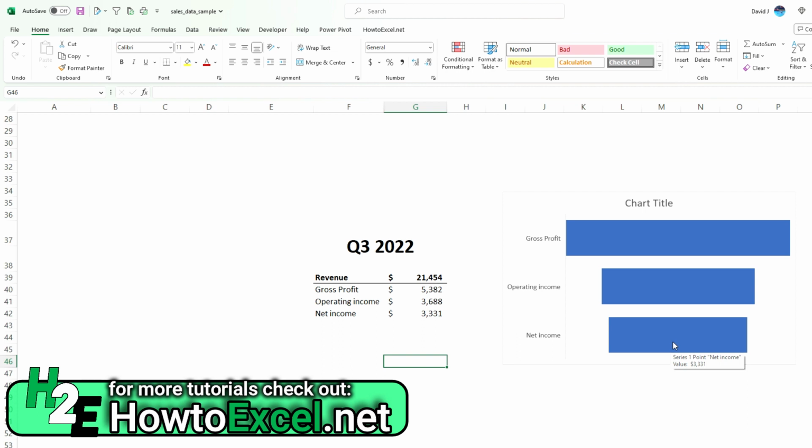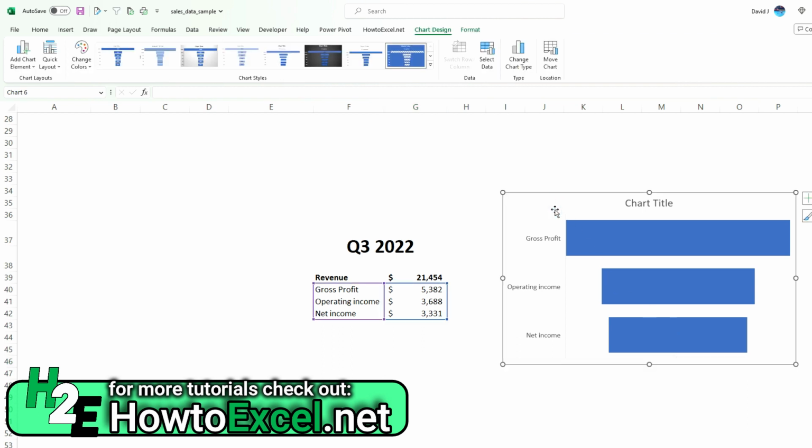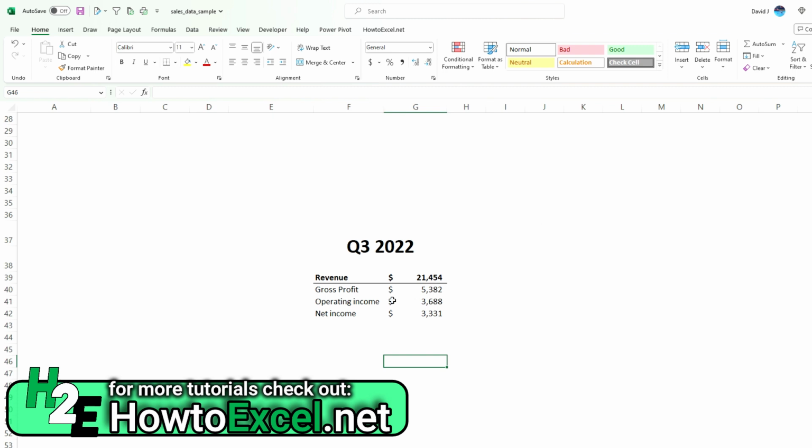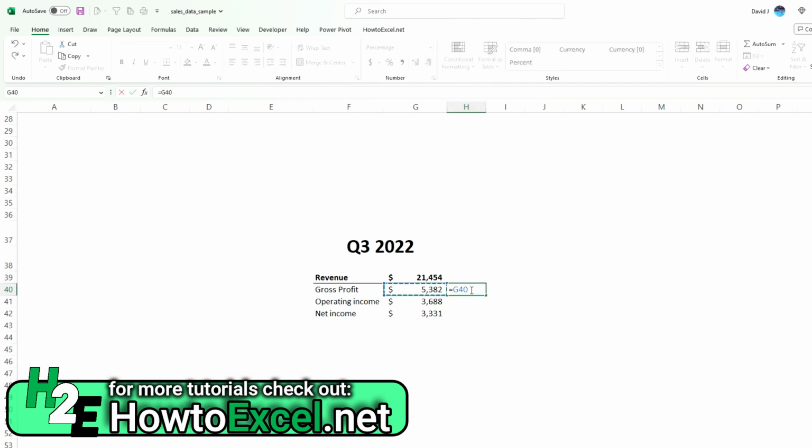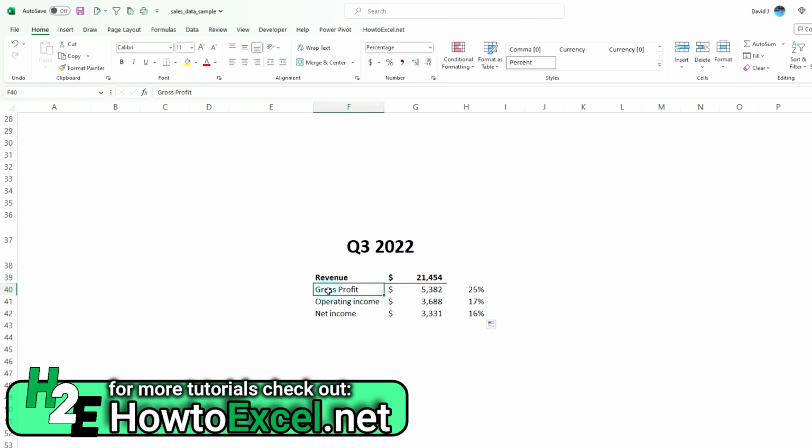Now, one thing that may be a bit more useful, however, is to convert this into percentages. So rather than having these raw gross profit, net income and operating income figures, you can convert this into a percentage of revenue first. So just taking this, dividing it by this revenue value, freezing it, and then copying that down. And so now what I can do is just select these ones, not include the revenue item,